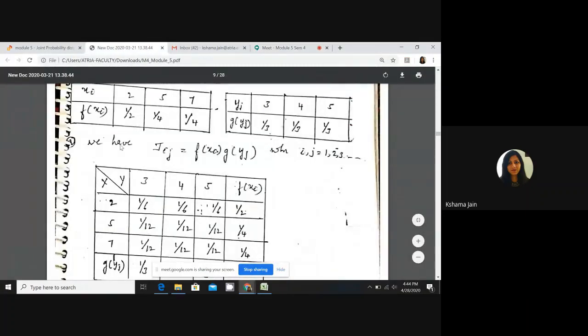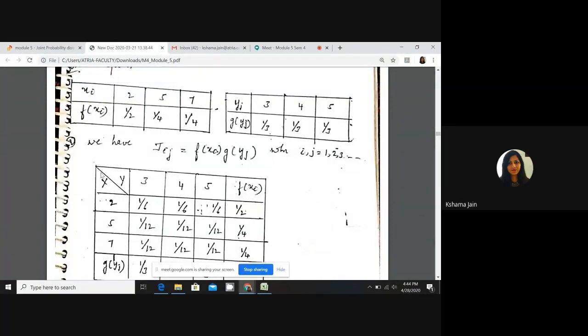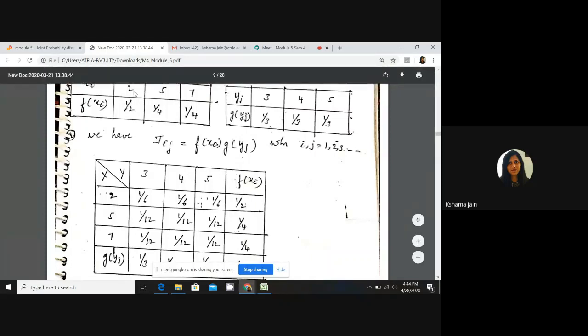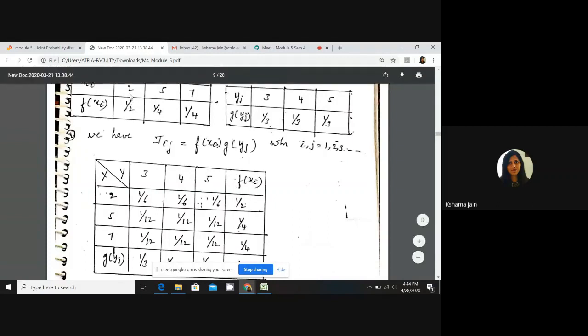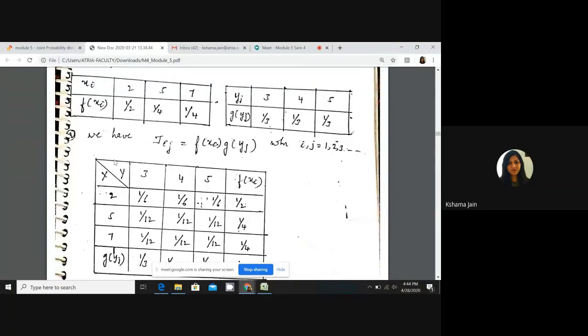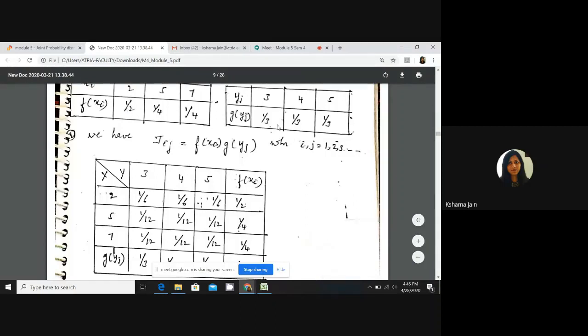Please, students, focus a little, because without chalk it's difficult for me to write the joint probability distribution. I am talking about 2. Your choice, catch any row or any particular column. First, I am doing it row wise. If I am talking about 2 only, 2 is having 1 by 2. It will be multiplied for 2. We are having 3 columns of 3, 4 and 5, right? For row 2, I am having 3 columns, so this 1 by 2 is multiplied with these 3 values.